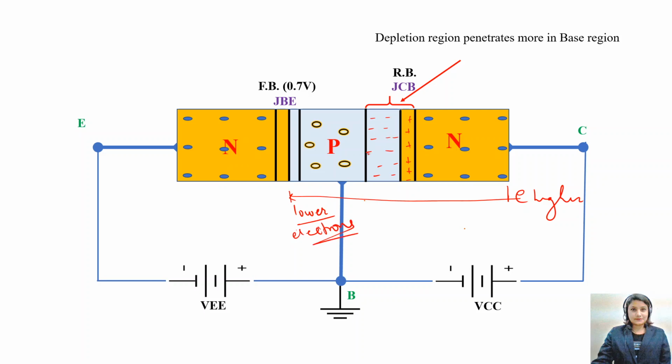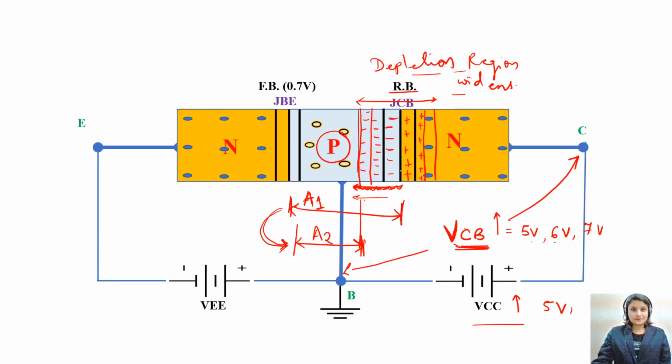So these negative ions, these electrons, want to become equally distributed, and that is why they are penetrating more into the p type of base, where there is a lower concentration of electrons. See? Yes? If you see once again here,